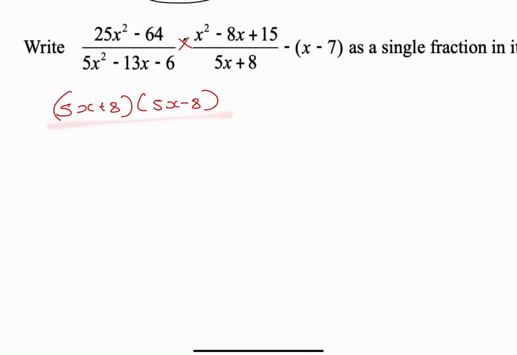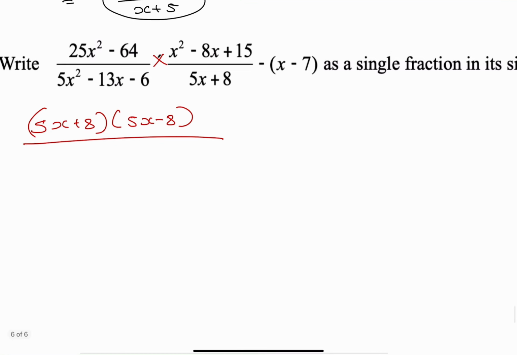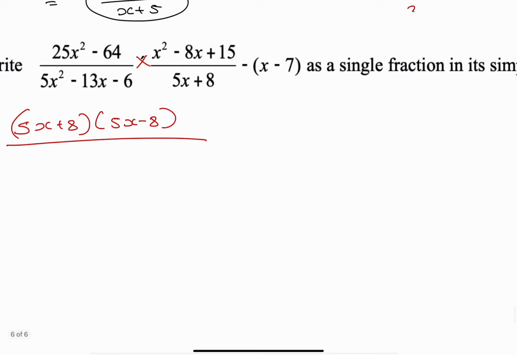5 times 6 is 30. Factors of 30, I'll do it over here. Factors of 30 that make 13: 2 and 15. The 10 and 3 won't work. 10 and 3, it's minus and minus. If you multiply it, it's plus 30, but you want minus 30 because 5 times minus 6 is minus 30. So it's 15 and 2, minus 15 plus 2, that makes minus 30 right away if you multiply it. So